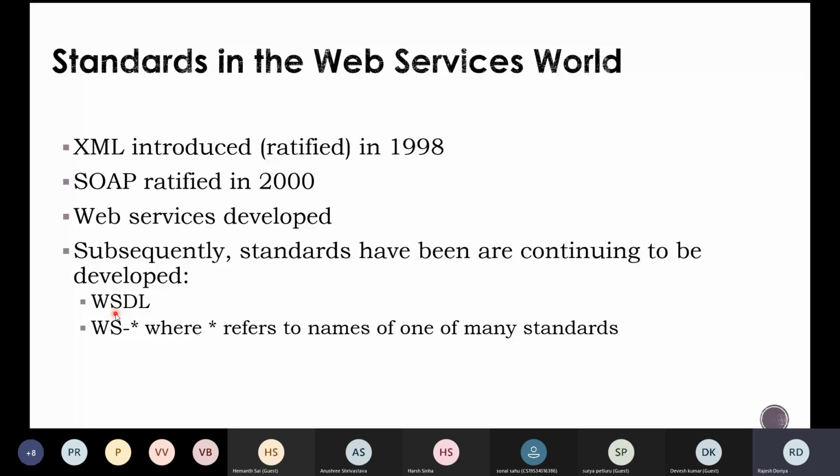So all those specifications, or the way of access, are going to be specified by what is named the Web Service Description Language. All these things are already defined by the World Wide Web Consortium.